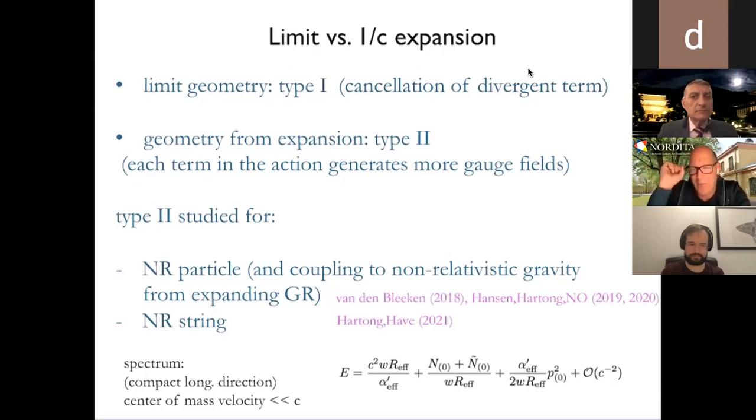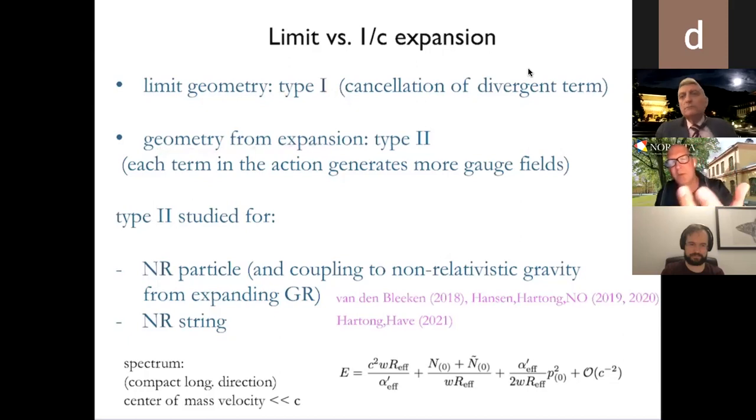In that way of doing, when you take c going to infinity limits, it's very important that if there is a divergent term, and often there is, it should be cancelled in some way. And I hope I've shown you that the way it's cancelled is precisely for particles, because you take an extremal particle, and for strings, because strings by themselves are already extremal, in the sense that the coupling in the Nambu-Goto term is the same as in the Wess-Zumino term. So that's type 1.